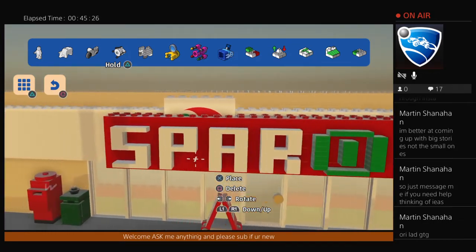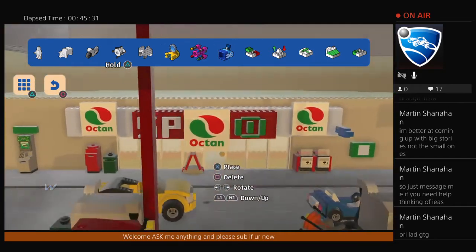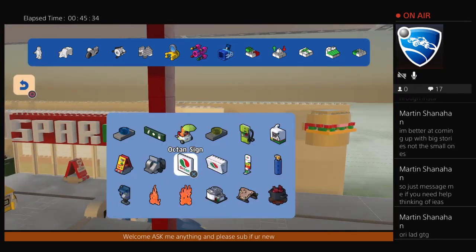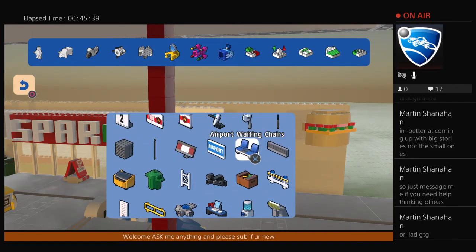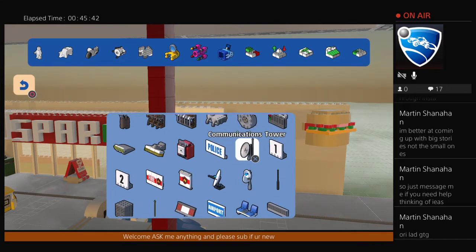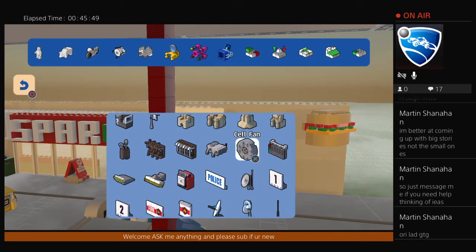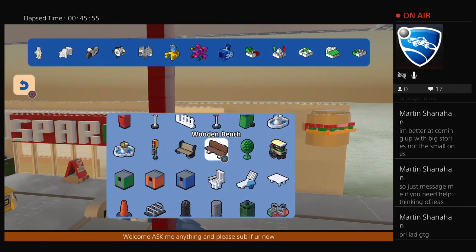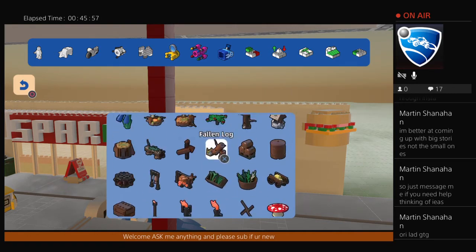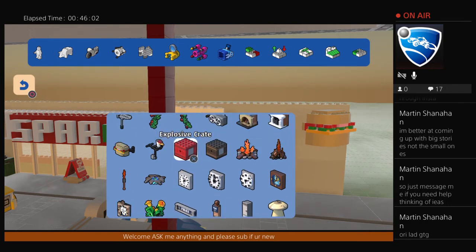Look at this. Do you not think that this looks sick? Right, we just need our newspaper sign now. Oh yeah, an electric car charger. I might put that near the garage, you know, the bit for the garage. I don't know where that newspaper sign is now, but